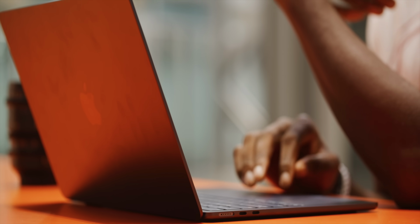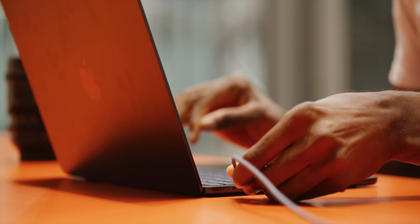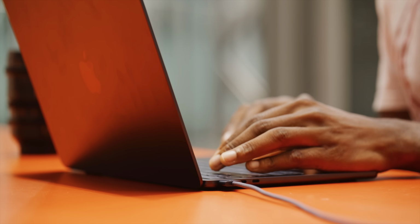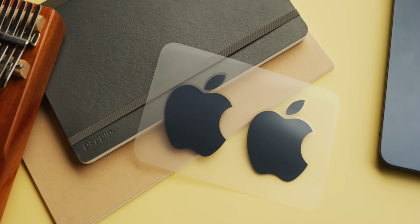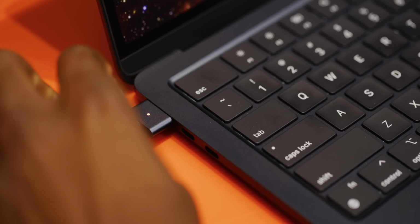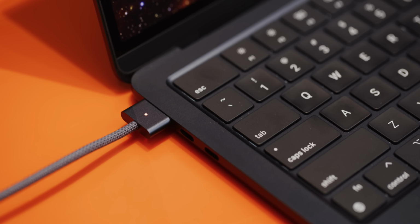They also added MagSafe plus a color matching braided cable, which is a nice touch. By the way, they do include the midnight colored stickers with the midnight colored laptop. That's another nice touch. But the MagSafe charger also just means you freed up another USB Type-C port, and you